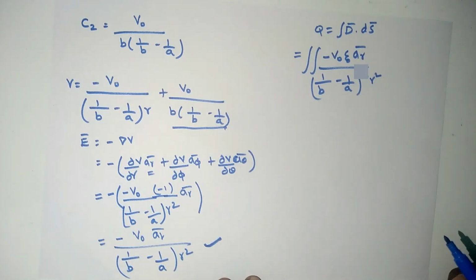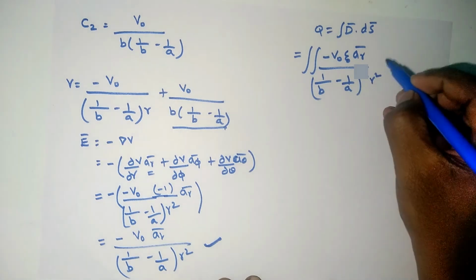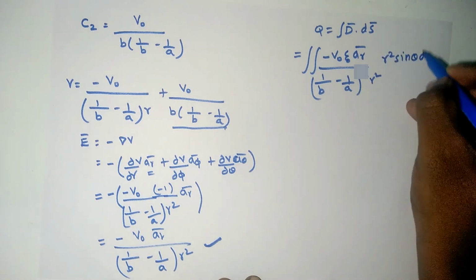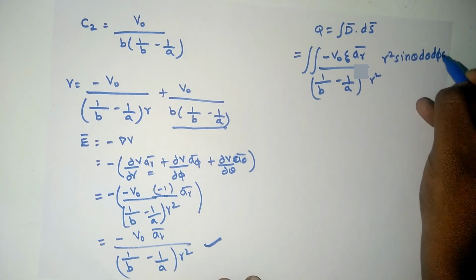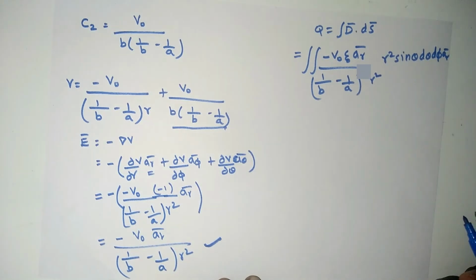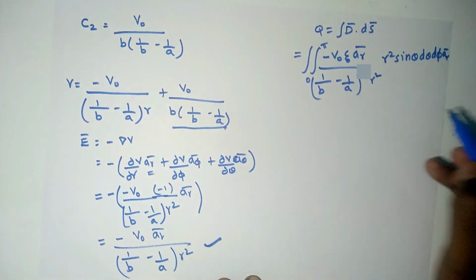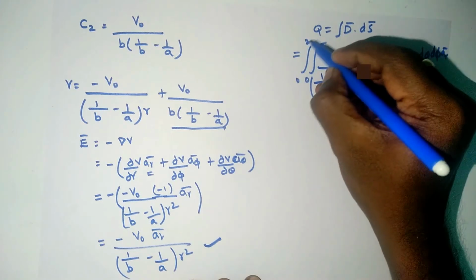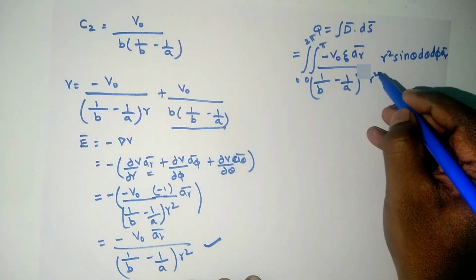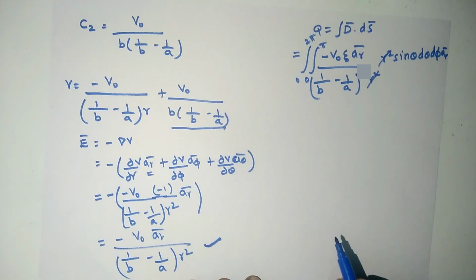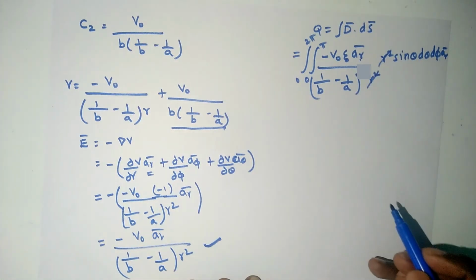Now for a sphere, we can write ds vector is equal to R square sin theta d theta d pi into AR. On the surface of the sphere, radius is going to be the same, but theta and pi will keep on changing. That's why we have decided to use R square sin theta d theta d pi. Now the limits for theta varies from 0 to pi and pi varies from 0 to 2 pi. Here R square gets cancelled. AR dot AR will become equal to 1.